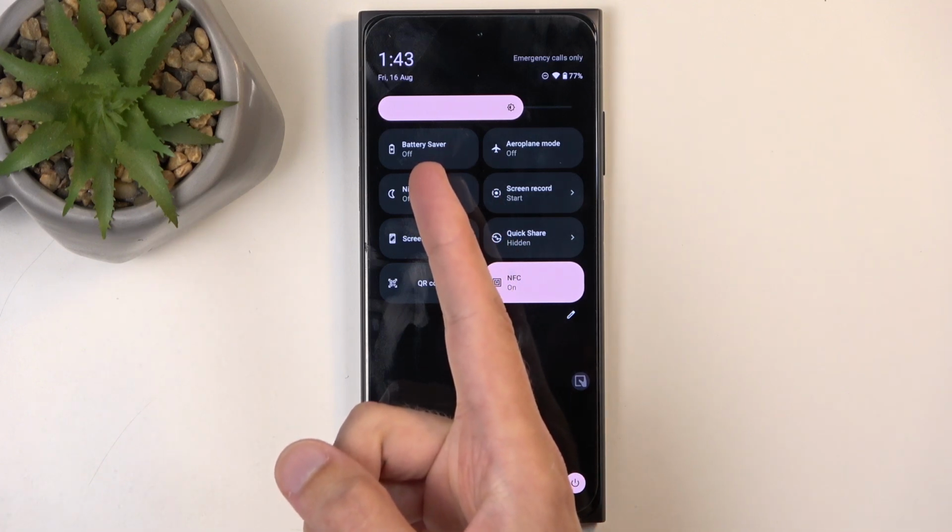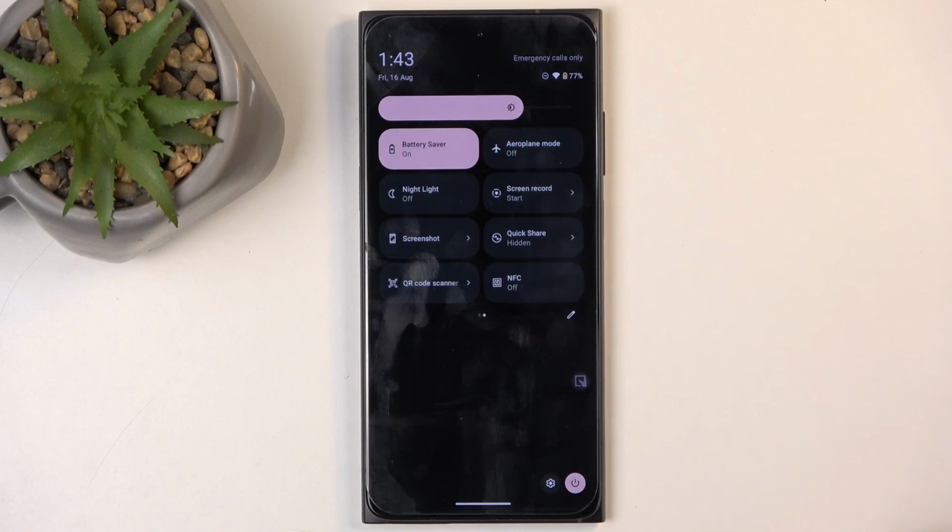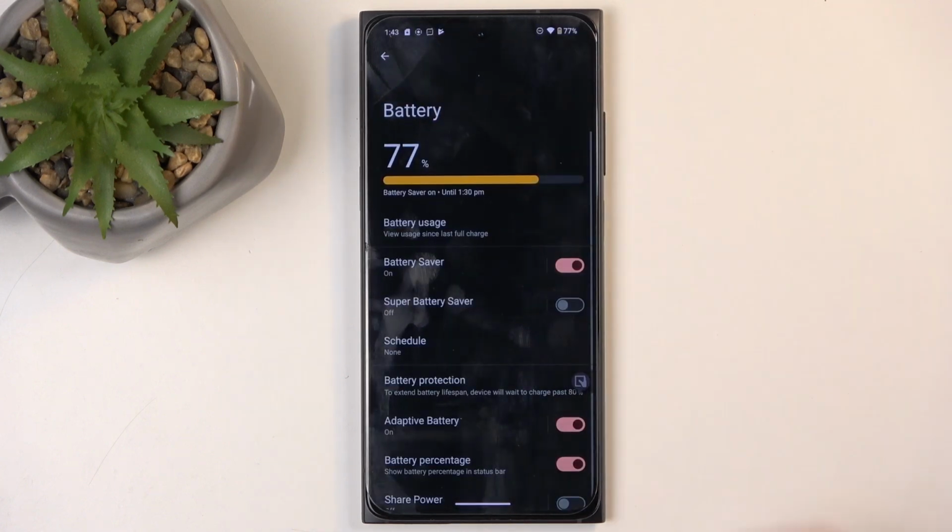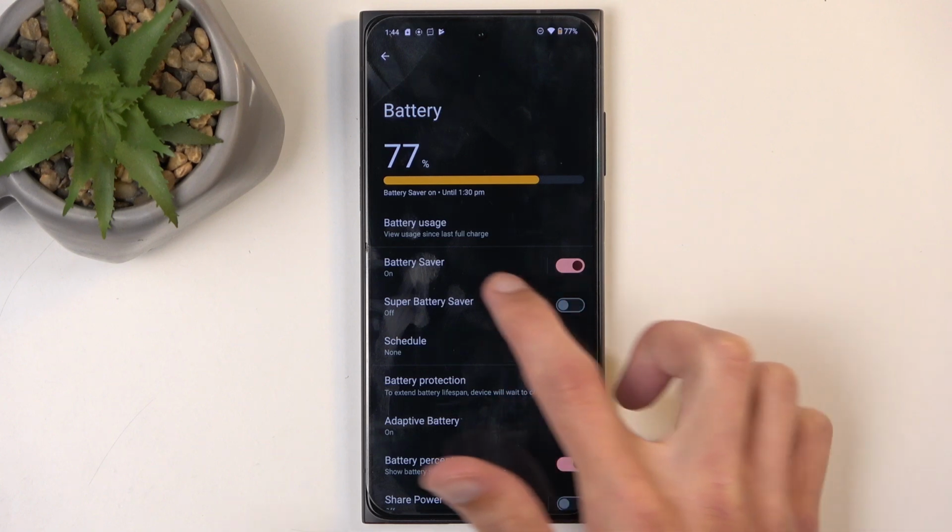Now the exact name is battery saver. Once you see it, you can simply tap on it and this will enable it. It also turns off NFC, as you just saw, that just automatically disabled itself. And if you hold the toggle, it should take us to the settings, and in here, when we go to